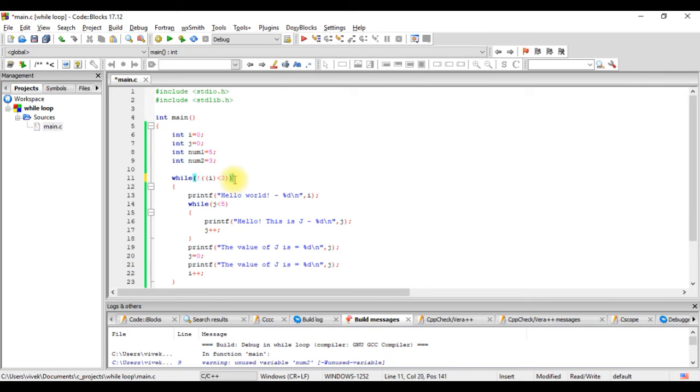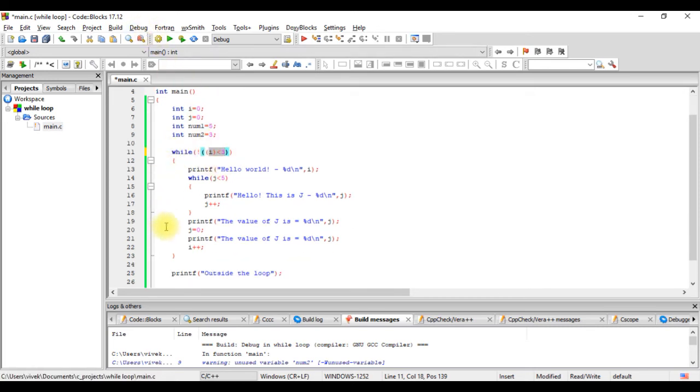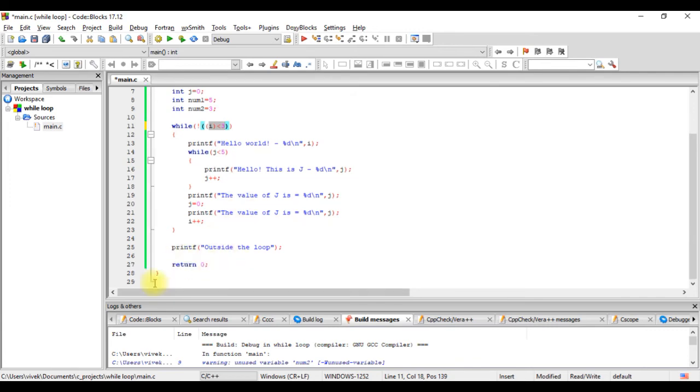So let us put it in brackets. So now this condition is first evaluated to be true, and we take the inverse of that, the not of that, which makes it false. So once it becomes false, it comes here, prints this and exits.